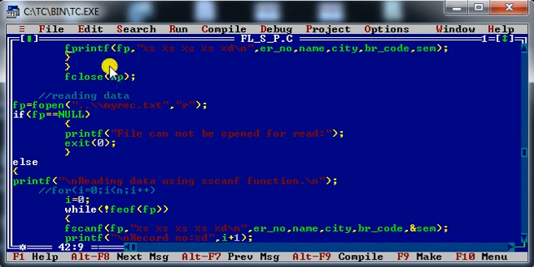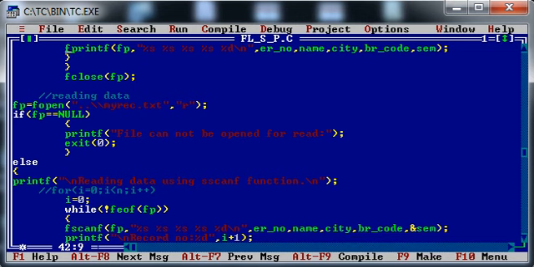This is quite the same. The only difference is that in the fprintf function we don't need to write ampersand anywhere, because in this function we are trying to write something to a stream, whereas in a scanf type of function we would like to extract the data from the given stream. That is why if we have any float or integer kind of variable, then we need to write ampersand. If we have a string, or character array kind of variable, then it is not required to mention ampersand.